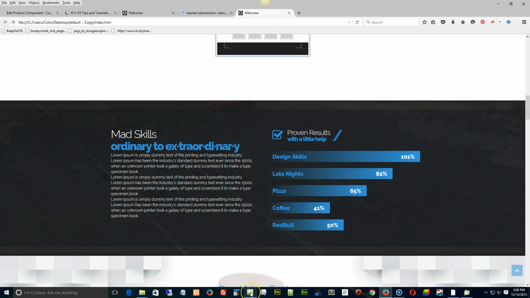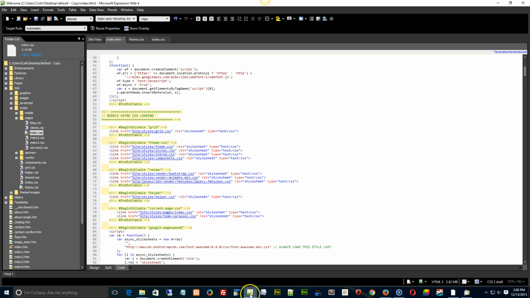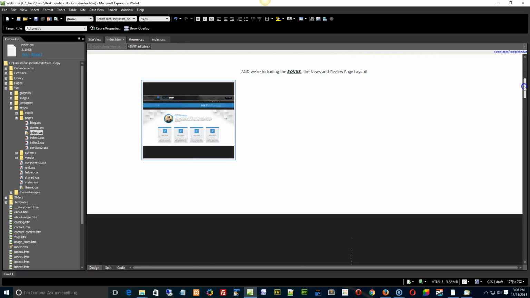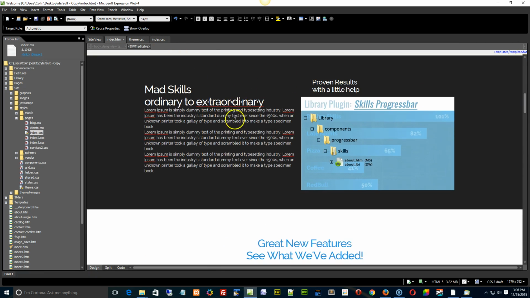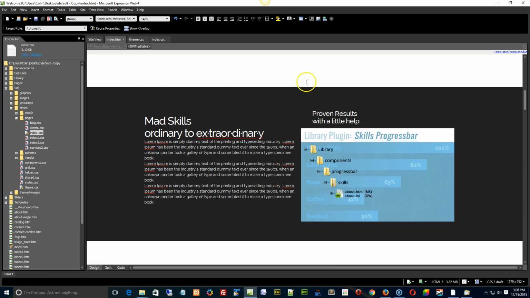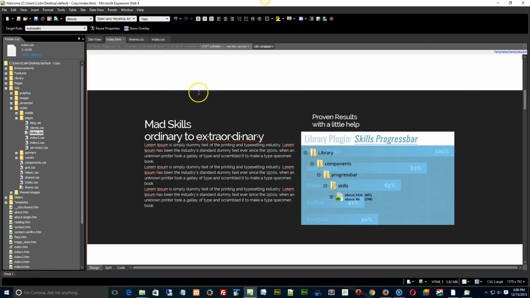Well, what we're going to do is just pop open our page. We're going to go to the skills section. I'll show you a little bit about it. There's our index page. We're going to go find the skills section right here. And the one thing you'll notice is it doesn't really show up too well in the page in this example, because it matches the same color as the container below it, right? But if you click at the very top of the black container, the dark container, you'll see it